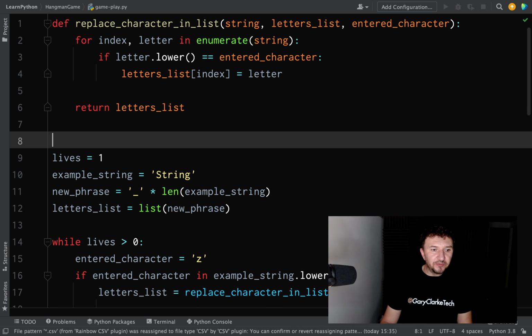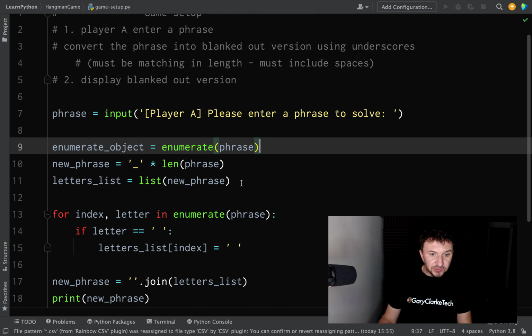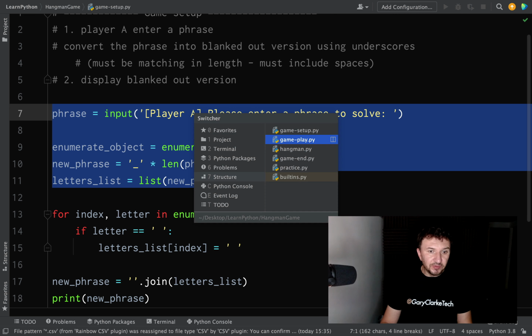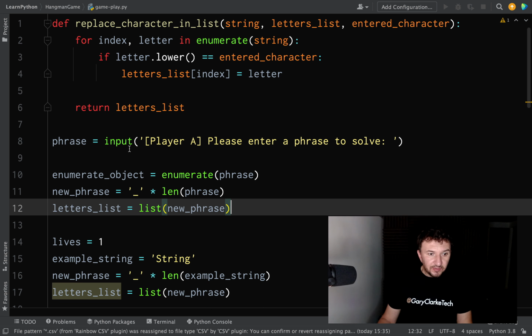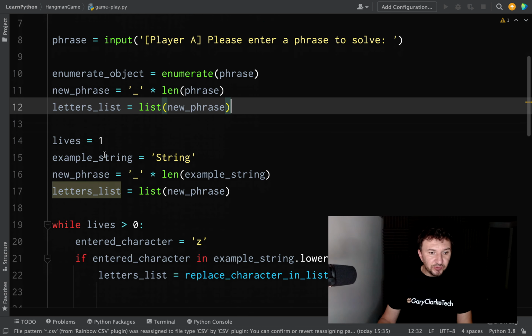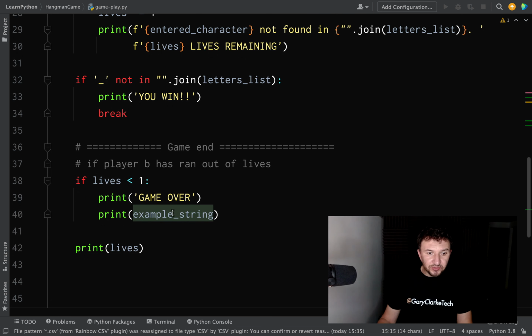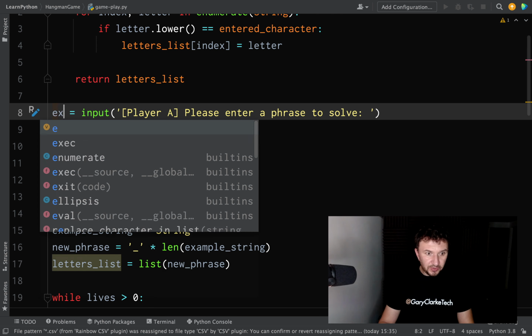And what we do need to do is get to the point where player A creates their phrase, and from that we end up with a letters list which is containing all the spaces as required. So let's go over to game setup and we'll grab some of the stuff from there, because we have the phrase, the player A input part, and that will be useful. And we'll just paste it in here and delete what we don't need. So phrase equals, and we decided we were going to call it example string, didn't we? And that's what we've used later on in our code. So I think we'll stick with that, example phrase. So I'm just going to change this to example phrase,